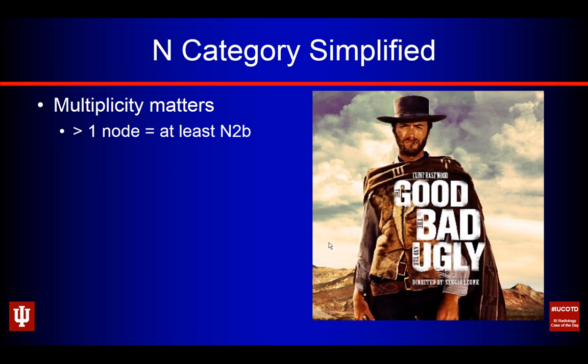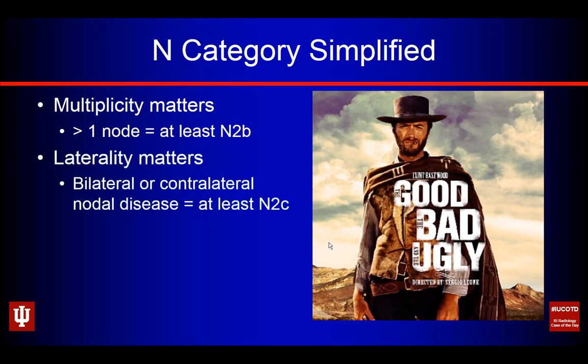So let's try to simplify the N category. Here's how I do that. First thing to remember, multiplicity matters. So if you have more than one node involved, you're talking about, at a minimum, N2B disease. Keep in mind the laterality. Laterality matters here. If you have bilateral or contralateral nodal disease, you're talking at least N2C category. And then size matters. If you have a node greater than 6 centimeters in size, you're dealing with at least